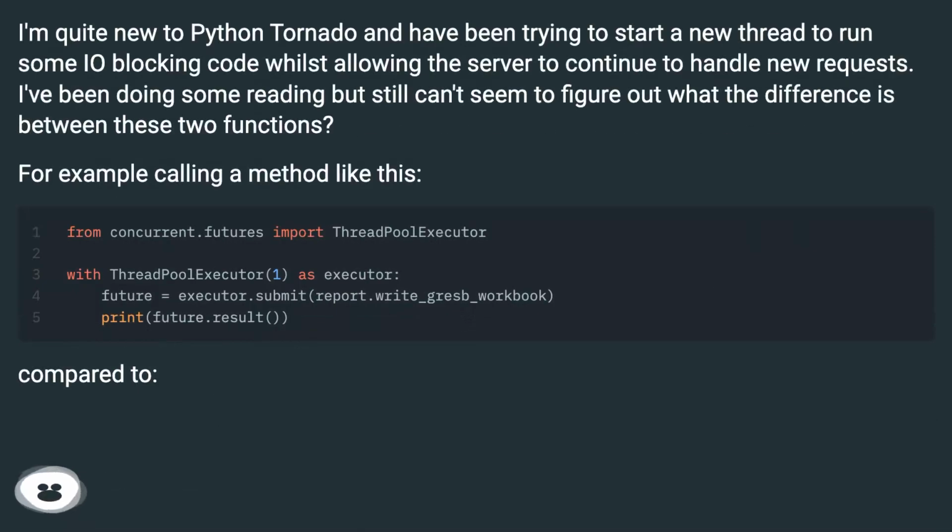I'm quite new to Python Tornado and have been trying to start a new thread to run some IO blocking code whilst allowing the server to continue to handle new requests. I've been doing some reading but still can't seem to figure out what the difference is between these two functions. For example, calling a method like this, compared to